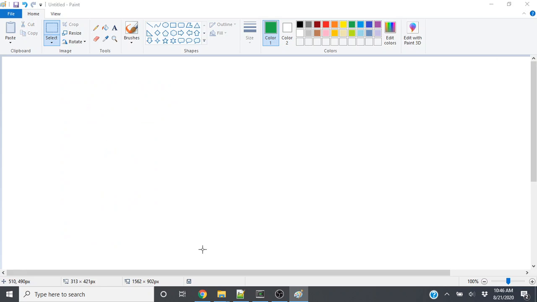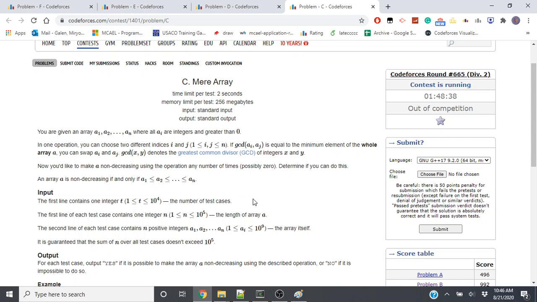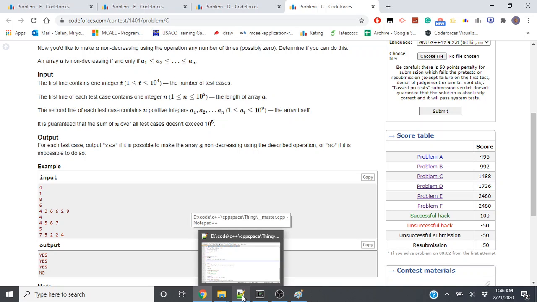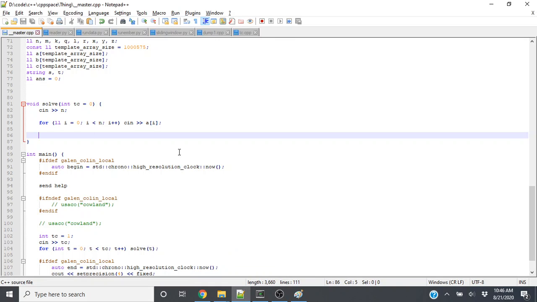So anything that's a multiple of the minimum element, we can sort. And anything that's not a multiple, there's no way its GCD can ever be the minimum element with any element, so we can't touch it. So what we can do is relatively sort all of the elements that are multiples of the minimum element, and then see if the whole array is sorted after doing that. So first of all, let's